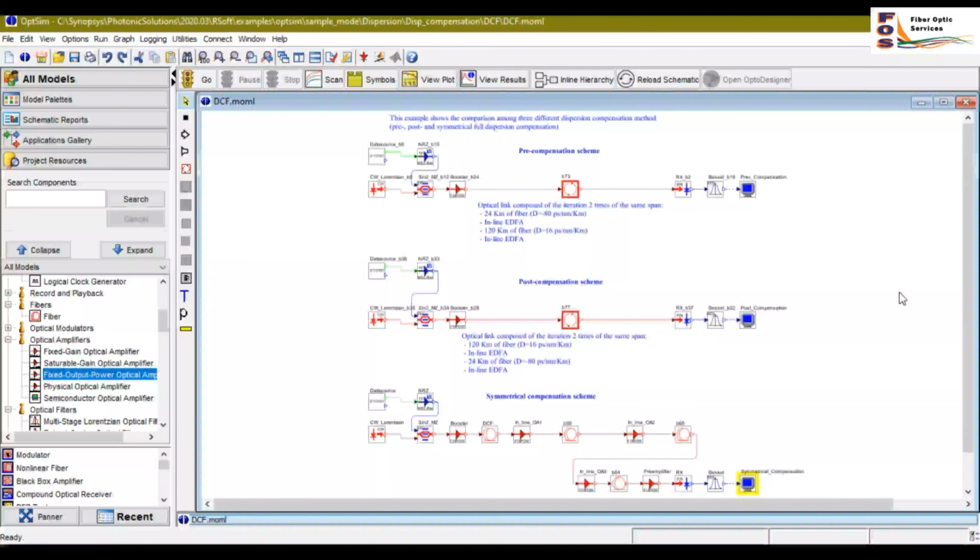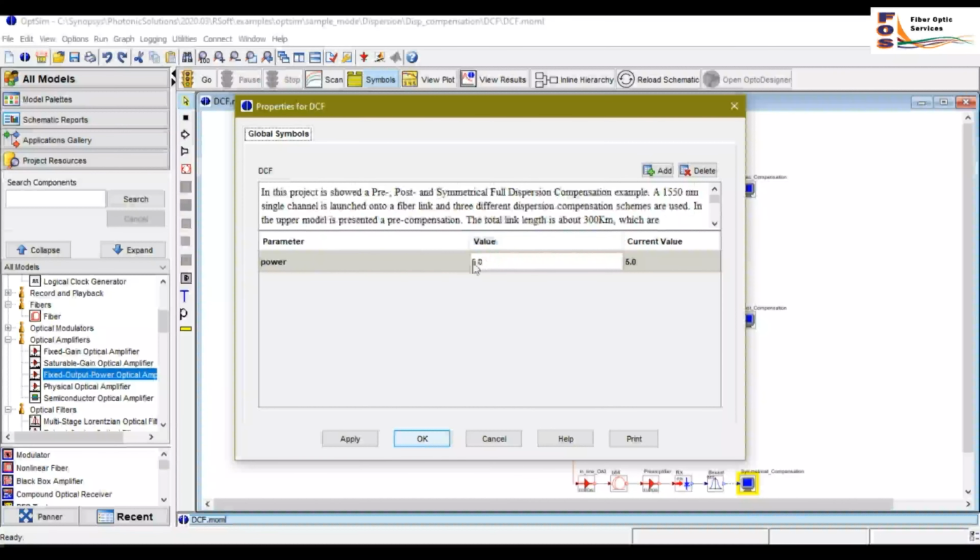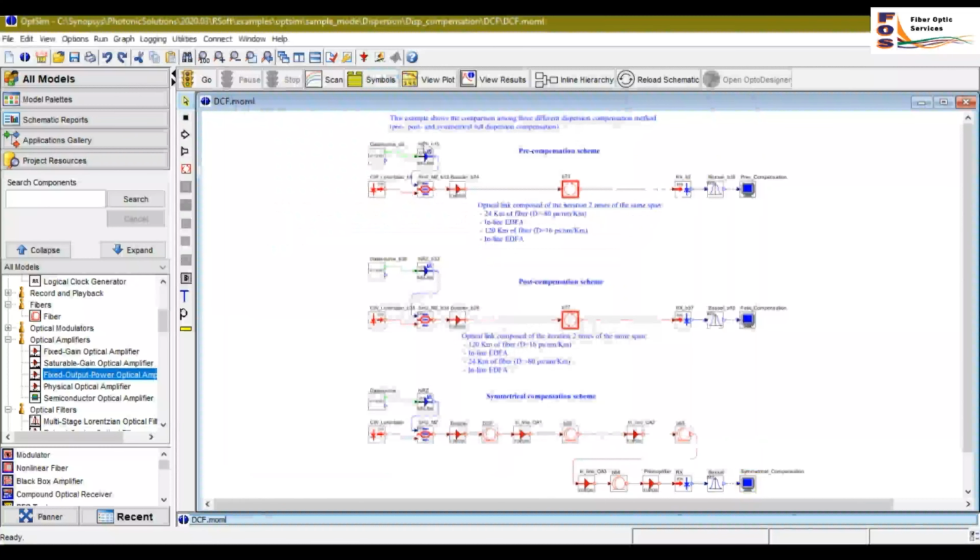If you want to study how optical power changes the nonlinearity impact on the system, you can do that using a parametric scan. For that, you need to define a variable power. You can go to the symbol table. There you can create a variable named power, and you can assign a value to the variable. Once you have added the variable in the symbol table, you have to assign that variable to the corresponding blocks or the corresponding model. So you will have to assign that particular value power to the optical amplifiers in all